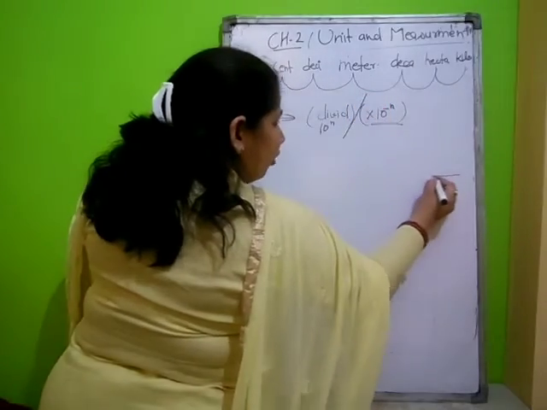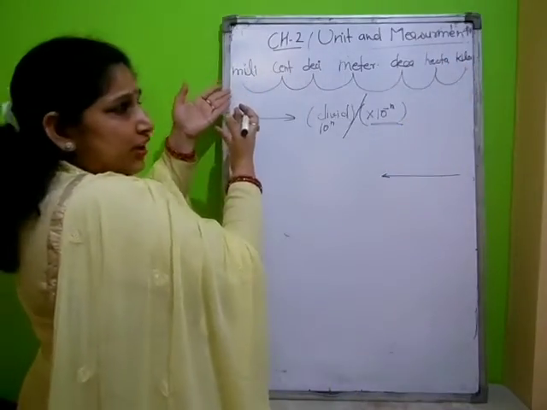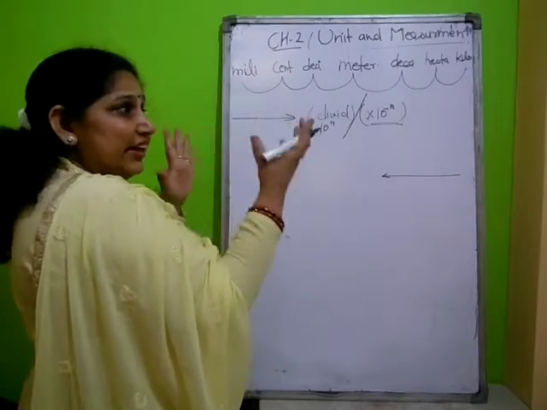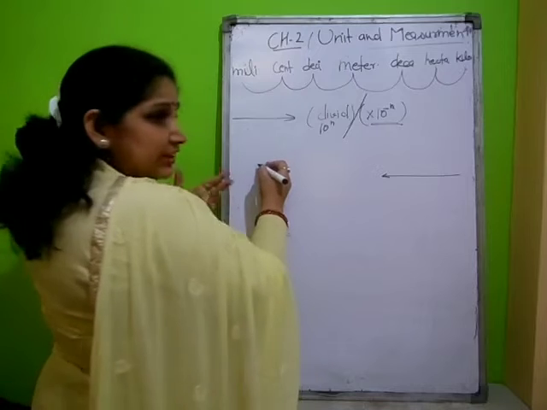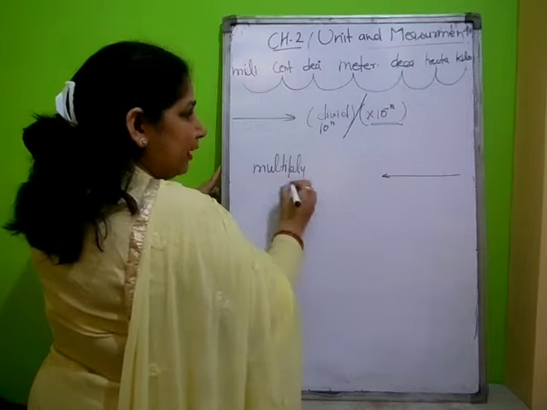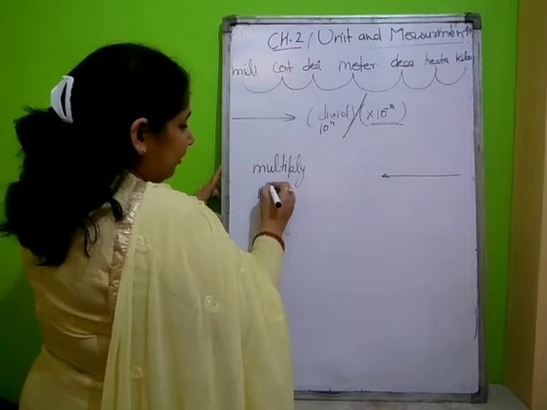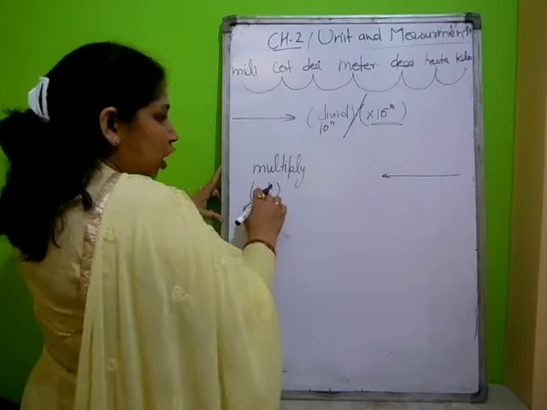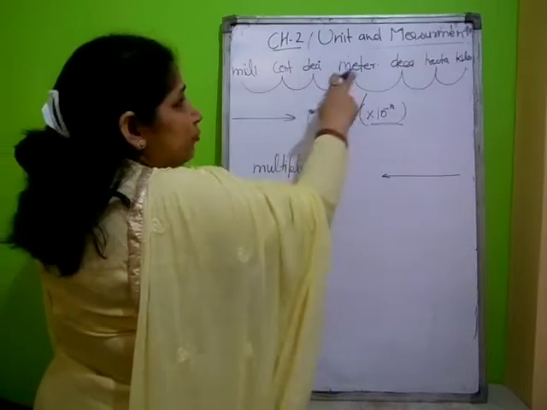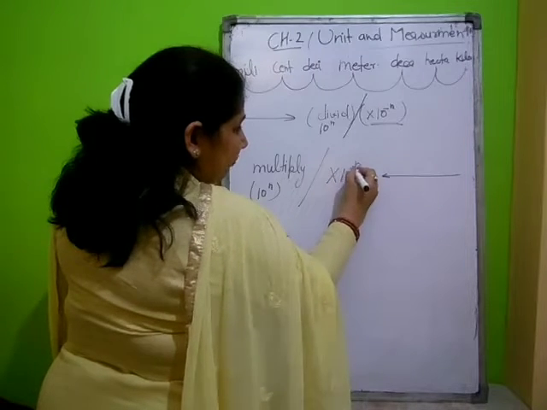And if you are moving from right side to left side, here we have the largest unit and this is the smallest unit. When we move from the largest unit to the smallest unit, the numerical value will increase, since the multiplication result increases. Then we will multiply, and which term will we use for multiplication? 10 to the power n. The value of n depends on the steps we move, or we can multiply by 10 to the power n with plus power.